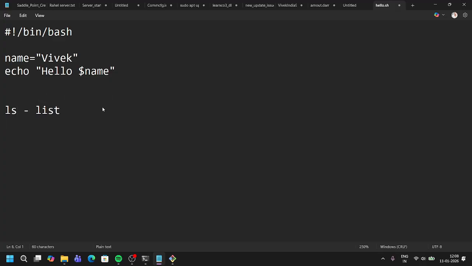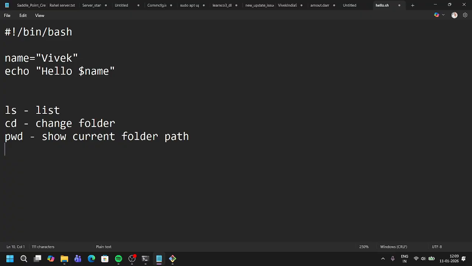Similarly, ls is for list. Next we'll see cd, which is for change folder. Next, pwd is for showing the current folder path.